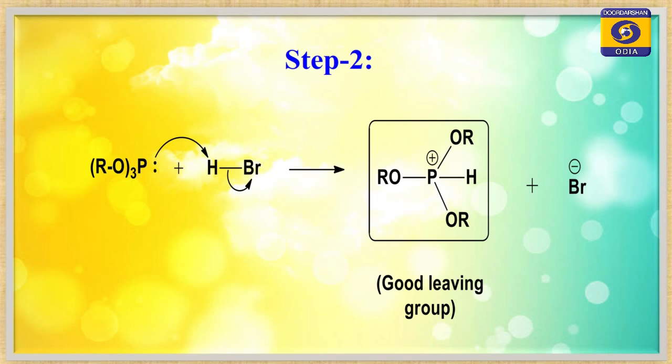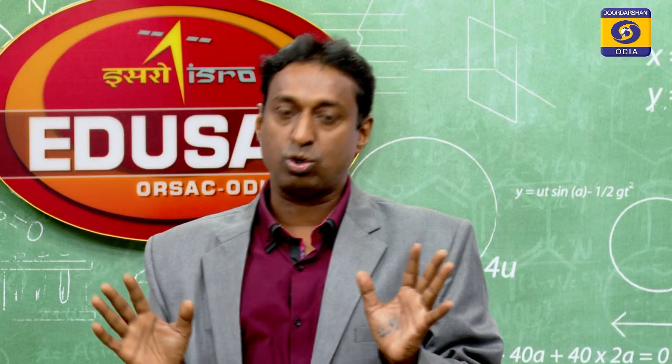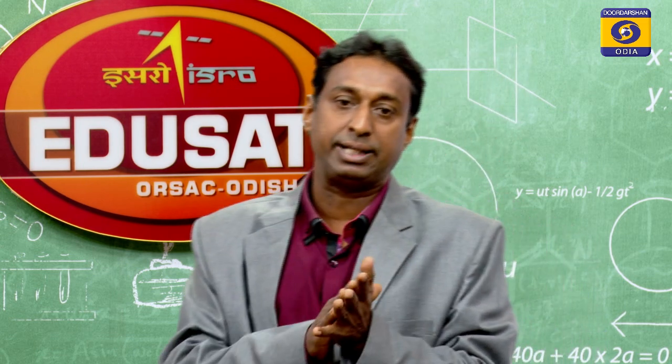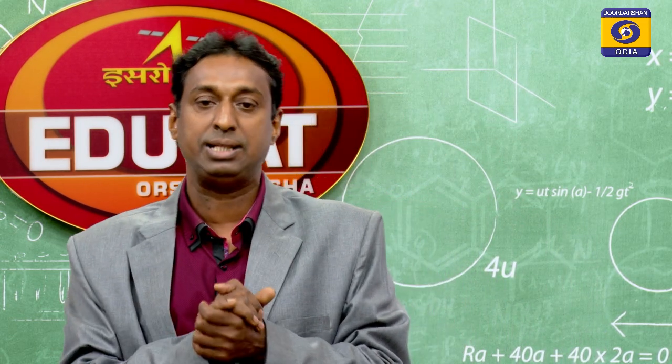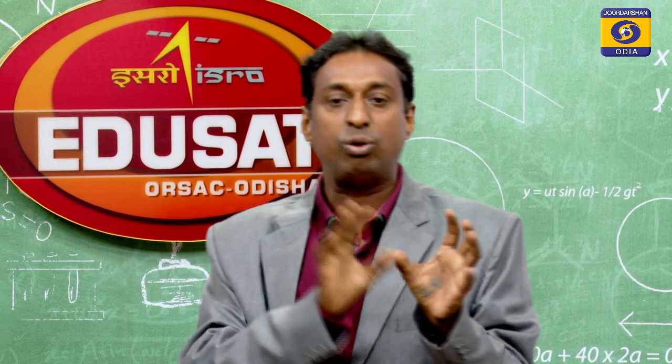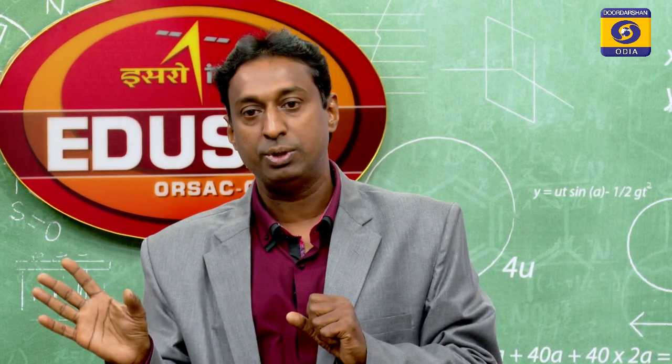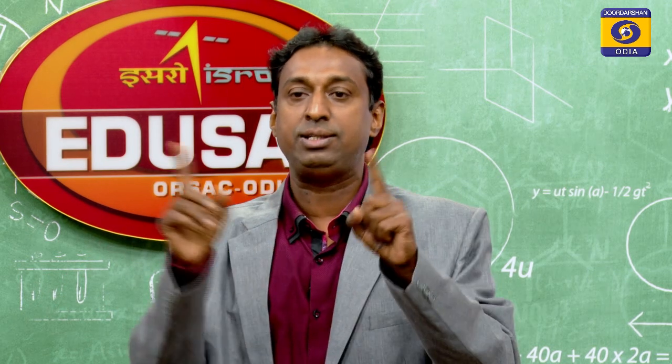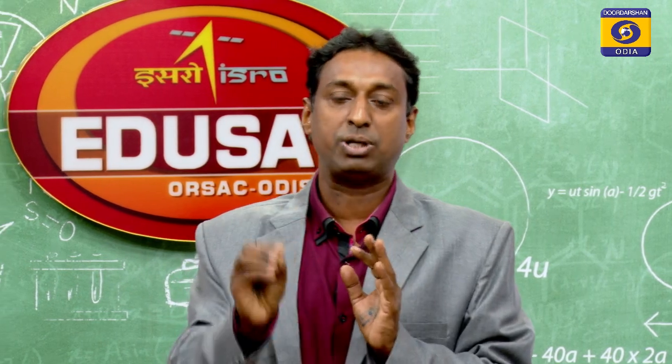The alkyl group and the next part, that is the phosphorus oxygen part, are removed, because the phosphorus oxygen bond is very stable. So, they form P double bond O and the compound becomes RBr. So, students, when we are using PBr3 or PBr5 or PCl3, remember that we are reacting with alcohol to remove the OH group, and this is because we are getting an intermediate good leaving group, that is the phosphorus oxygen bond, hence we are getting the product RBr easily.